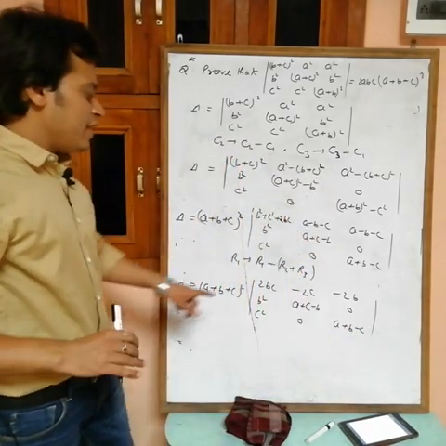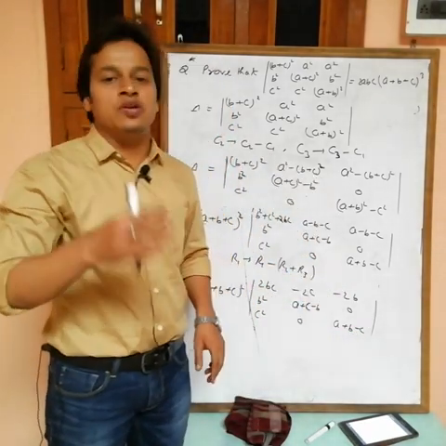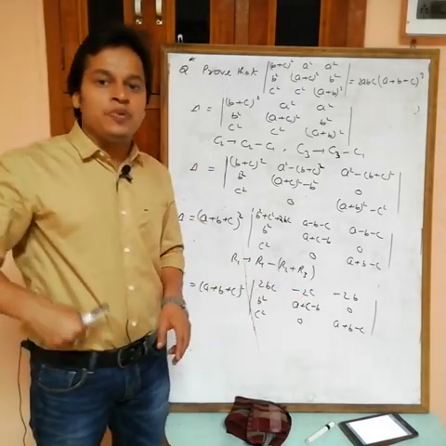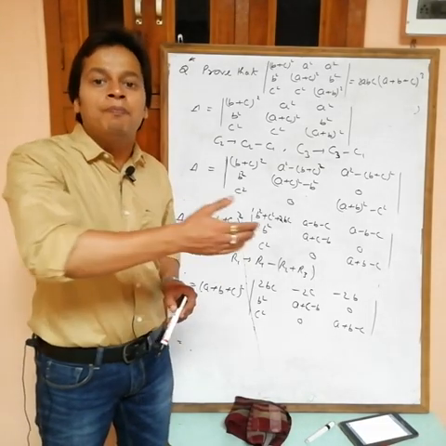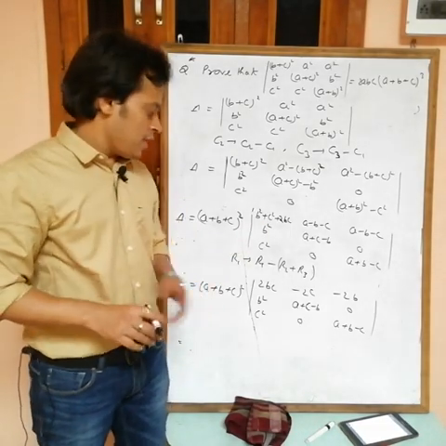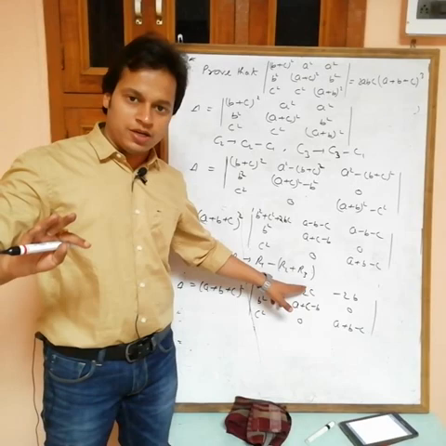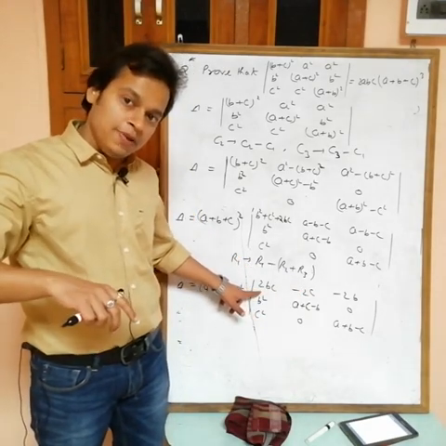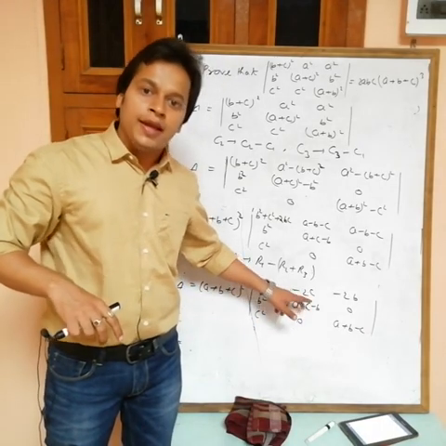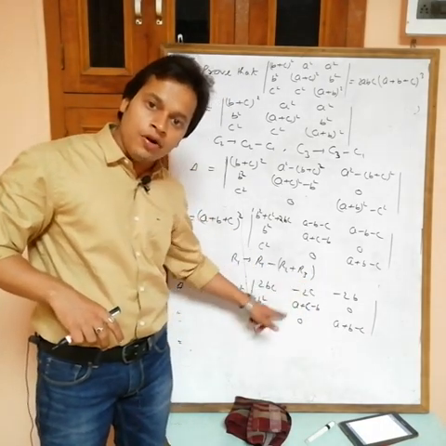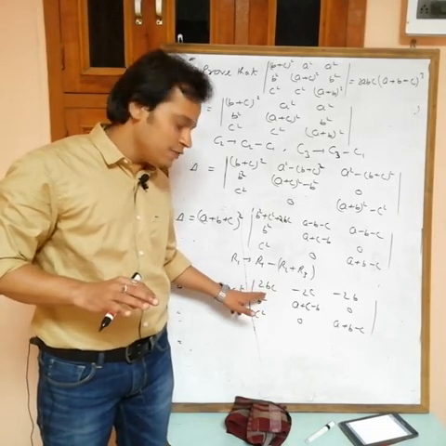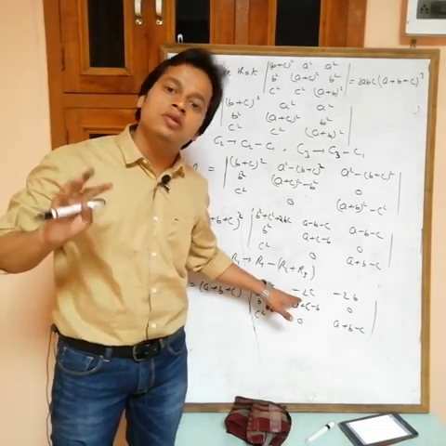Now see, now I can make both of these 0 easily. Minus 2c becomes 0 if you add plus 2c. In this one if you add 2c, then this becomes 0. Here what do we have? 2bc. Divide with b and add. In any column you can add or subtract a constant multiple of another column. So divide this one with b, then this becomes 2c, add, this becomes 0.